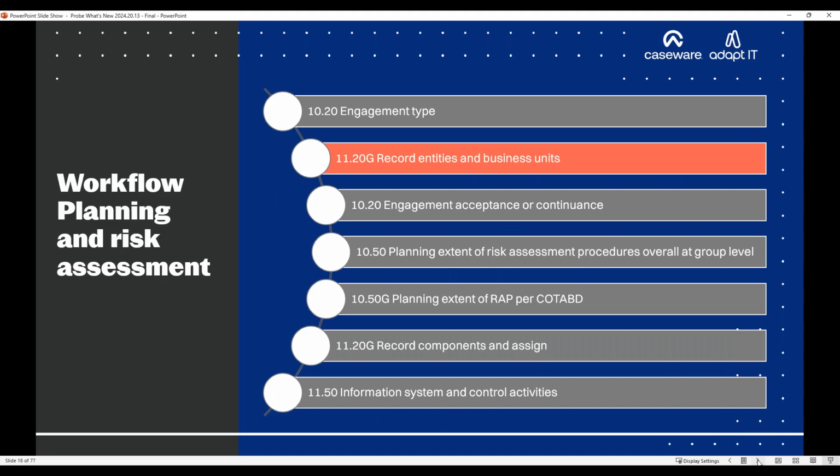All right, so those were the verification questions, and then we go back to what's new, and we say, right, what is next? So still in 1020, your engagement evaluation, as you answer some of the questions, I'll show you the questions just now, but the next important step for us to note is that we need to record the entities, if it is multiple entities, or the business units, so that we can start to obtain an understanding of this group and start seeing what's going to happen, and where. So the purpose that we are after now is to identify the components, to determine the expected involvement of the